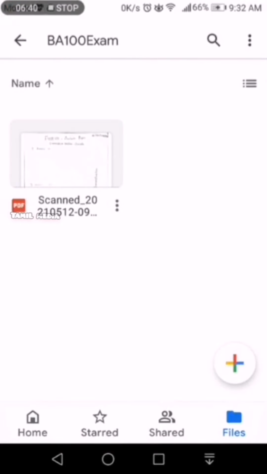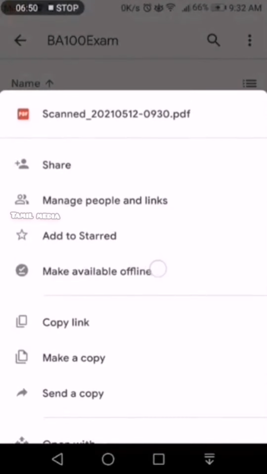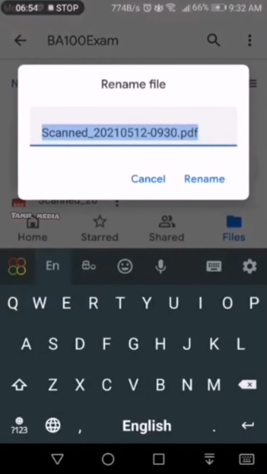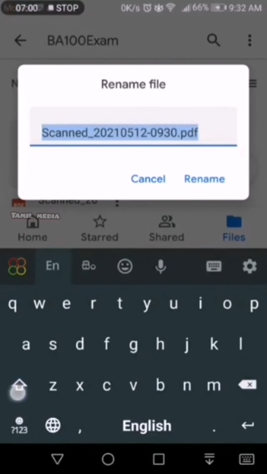So you should now rename your scanned paper. For that, click on these 3 dots and select rename. Rename with the subject code of your subject.